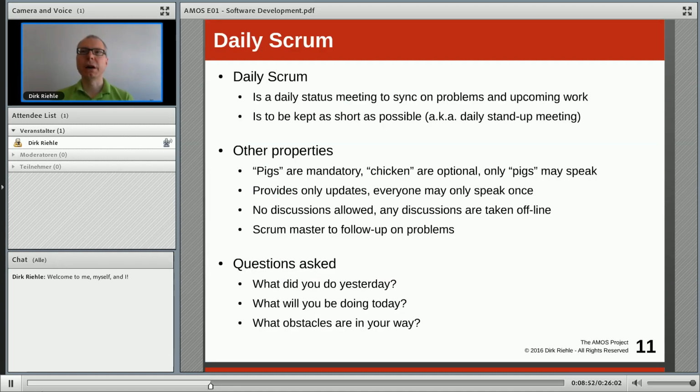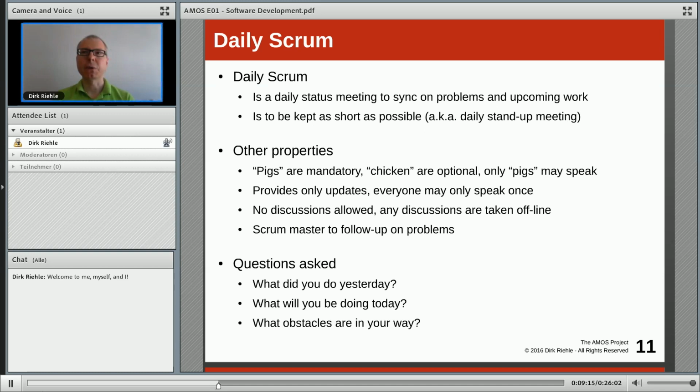So it's really just a synchronization point, and it should involve all the pigs, the product owner, the software developers, and the Scrum Master, and the chicken, the customer, other people involved in the company may listen in but are not allowed to speak.